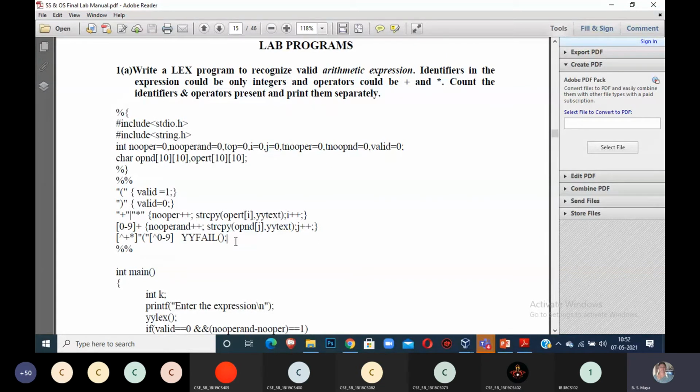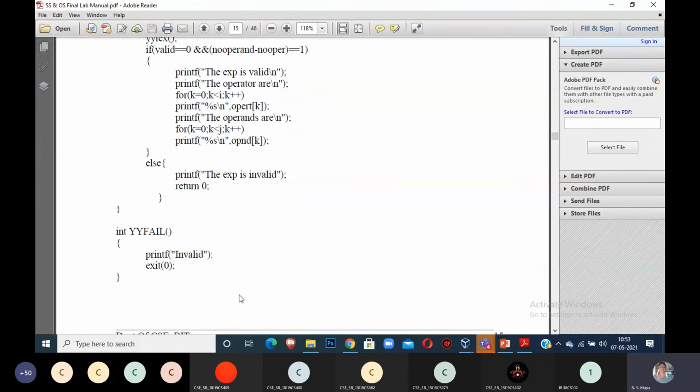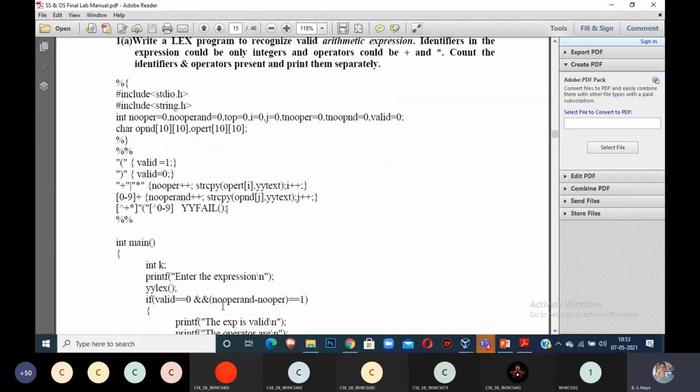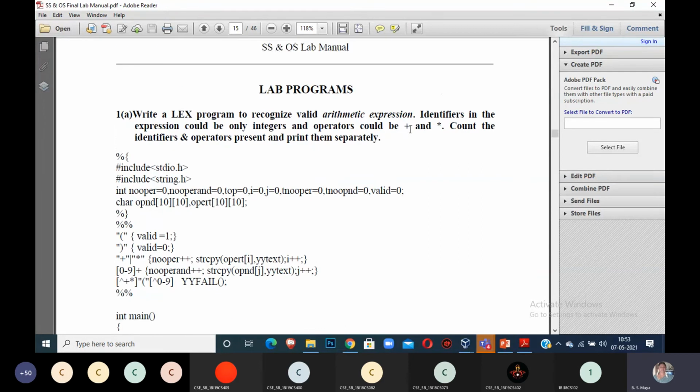Yes or no? Okay, ma'am. See, this you have to type and execute, and also modify the program with respect to all the operators. Then you try with all operators, including subtraction, division and exponential also. Instead of only integers, you can also try the program with decimal numbers and real numbers. Okay, clear?